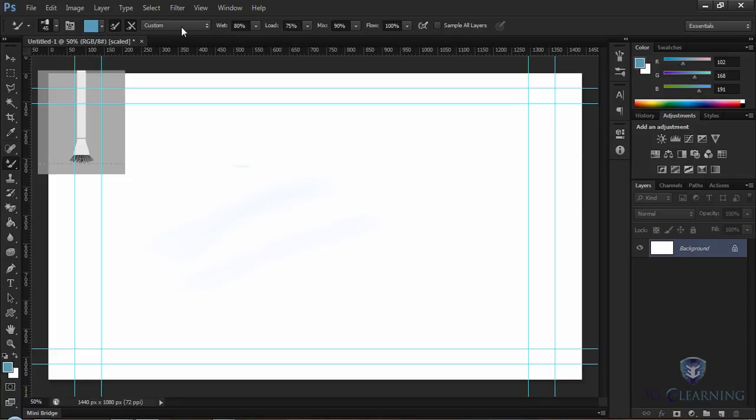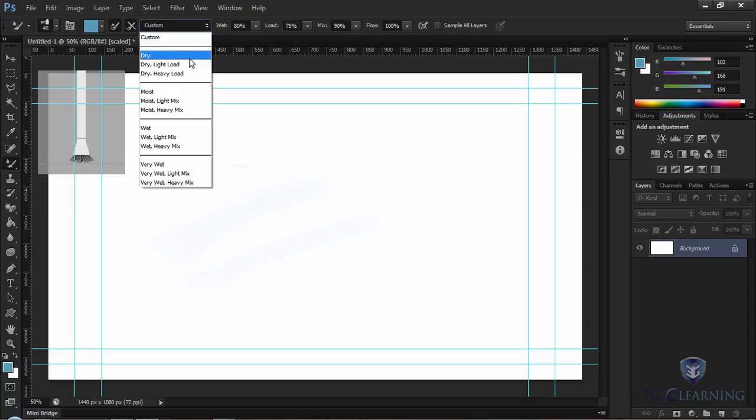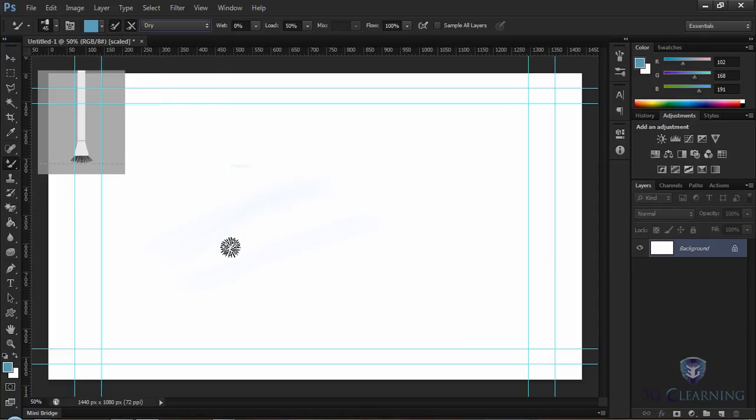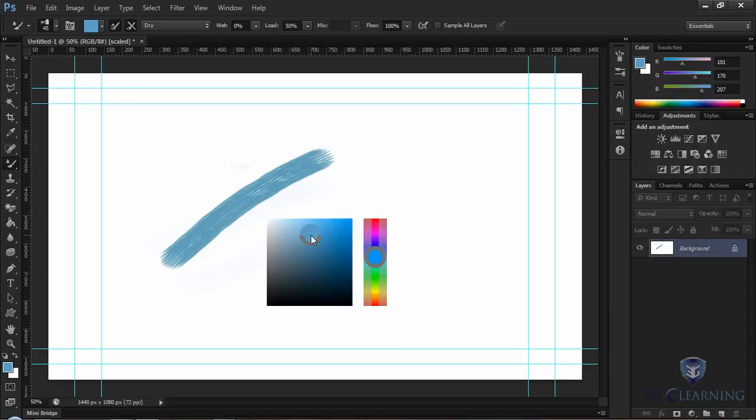Now as I look at this, you may notice that there are brush styles. On Custom Brush, I can choose from preset styles, like a dry brush, and click and drag the paint. There I actually saw a stroke. When I was on a wet brush earlier, there was nothing on my canvas, which is blending white to white. I am going to hit Command Option Control, or Control Alt right click on Windows, and choose from a